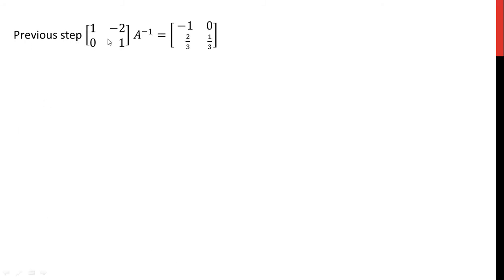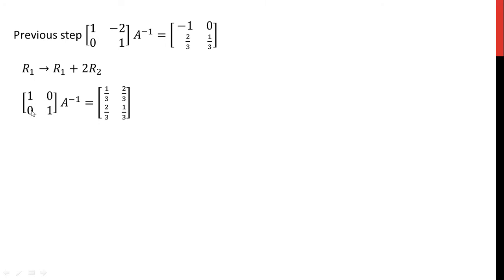So see the previous step. Okay, so this is our previous step. Now we require 0 in place of -2. So we have to change row number 1. So R1 changes to R1 plus 2 times R2. Just focus on this. We require 0 here. So minus 2 plus 2 into 1, so it is minus 2 plus 2. It becomes 0.